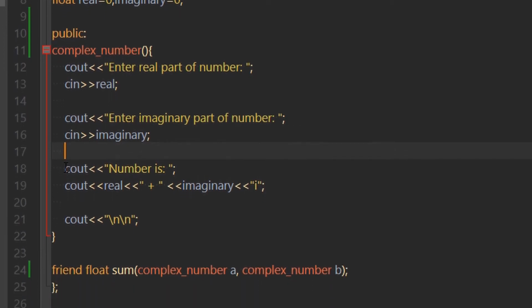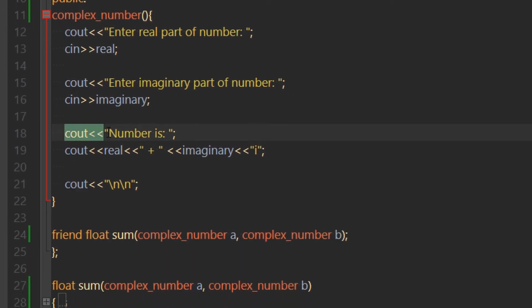In the next line, we will write cout, that is a print statement. "Number is", we will display the number that the user will enter. So the number is, then we will declare the next statement, which is cout, that is print. We will print the number that the user inputs by writing cout, then a double quote, leave a space and put the symbol plus in between these two spaces. There's a space after the plus sign too. Then we will close it.